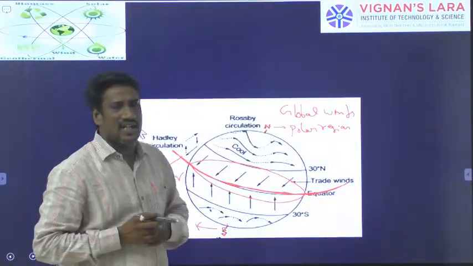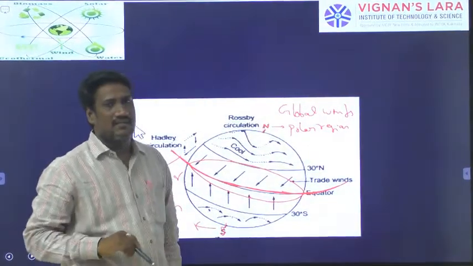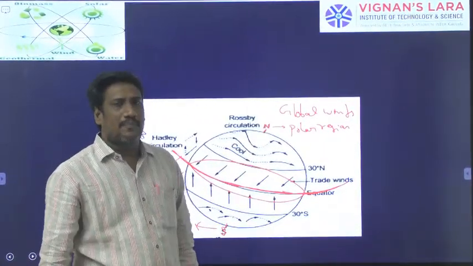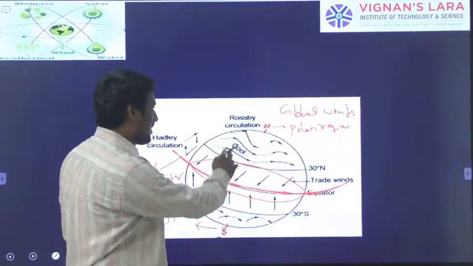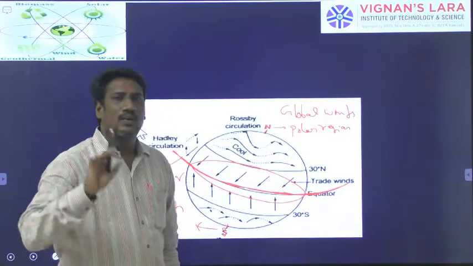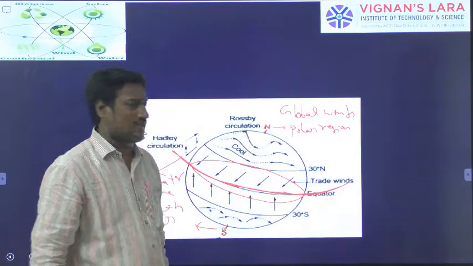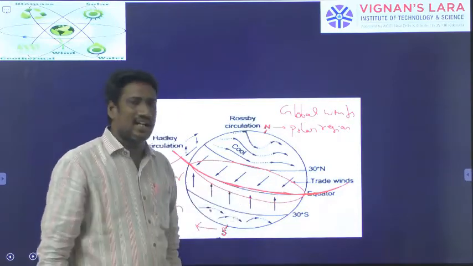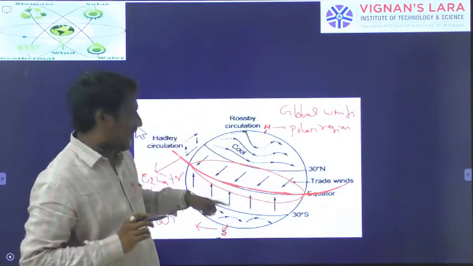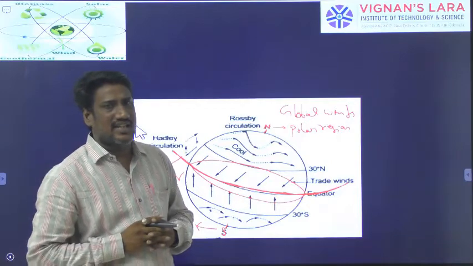So you will have high temperature at the equator line, and at the polar regions, as it is spinning continuously, the temperature will be lost. Okay, so finally I can say that the northern and southern polar regions are low temperature areas. Whereas in the equator line, continuously the temperature is accumulated. So this equator line I can call a high temperature region. Because of this temperature difference between the equator line and polar regions, I can say that. Okay.